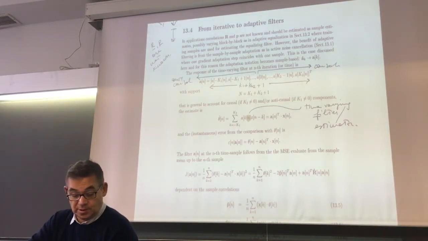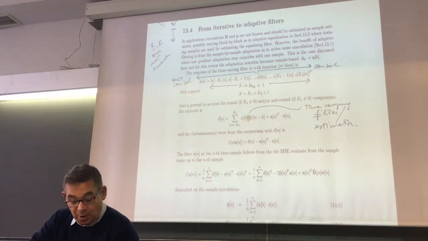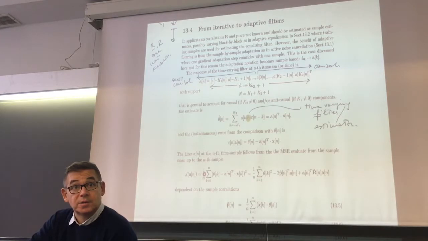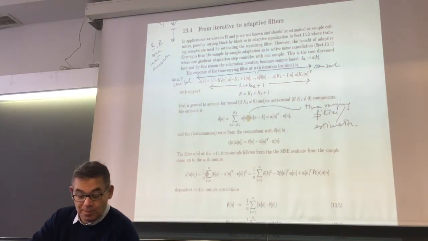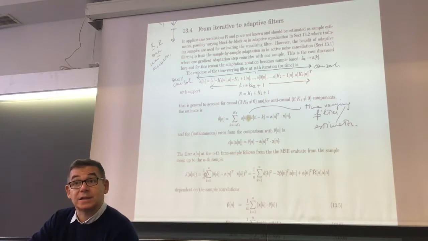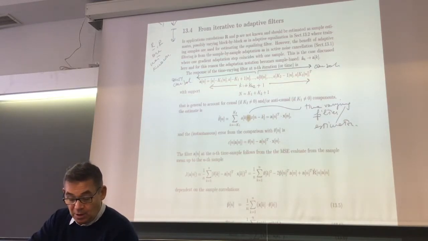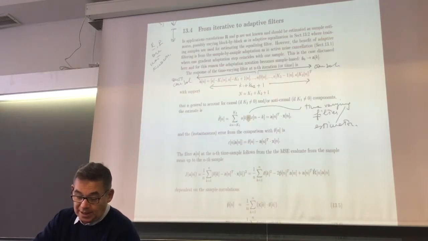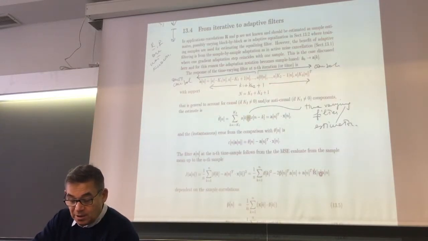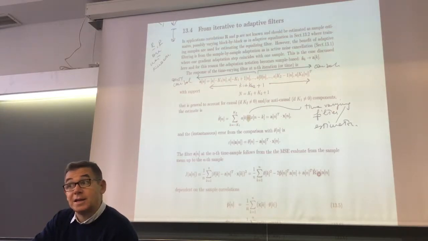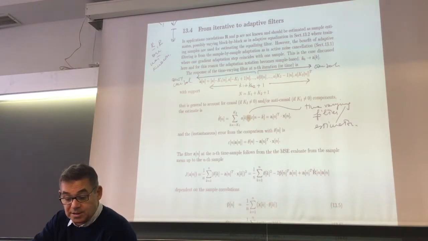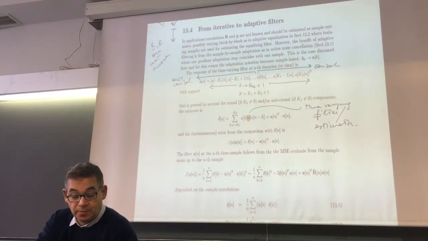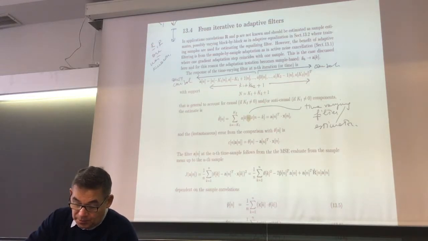values. Let's say I use n values. So I'm computing the sample mean of this mean square error. Okay, so this one is the sample mean square error, sampled by n samples. Now, when I expand this, I get the same quadratic form, except that the quadratic form depends on the sample estimate of the autocorrelation matrix and the sample estimate of the cross correlation matrix. So these are the sample